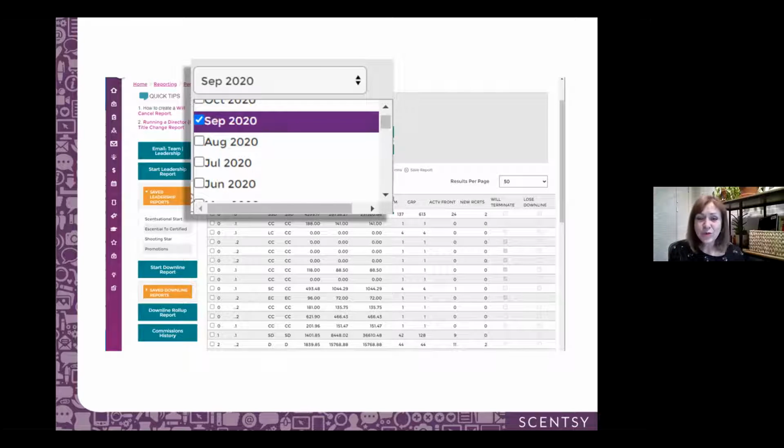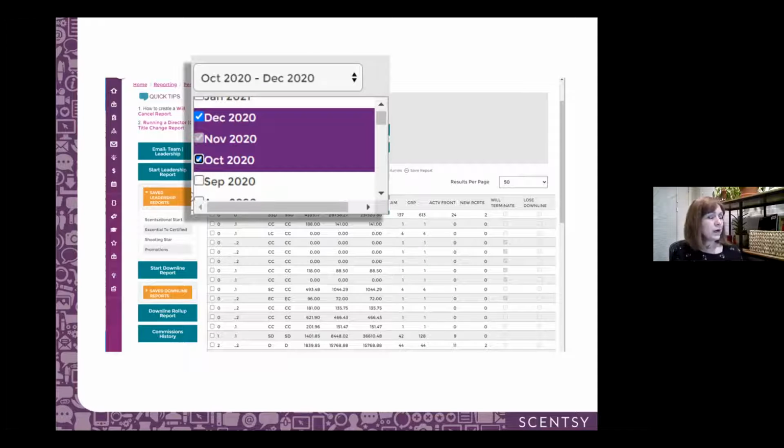But let's say you want to look at a range of months. If you hold down the Shift key, it will allow you to click the box in front of multiple months. So in this case, I've selected October, November, and December of 2020, and that will give me a date range. So this time when I run the report, it's going to include information for all 3 months instead of just